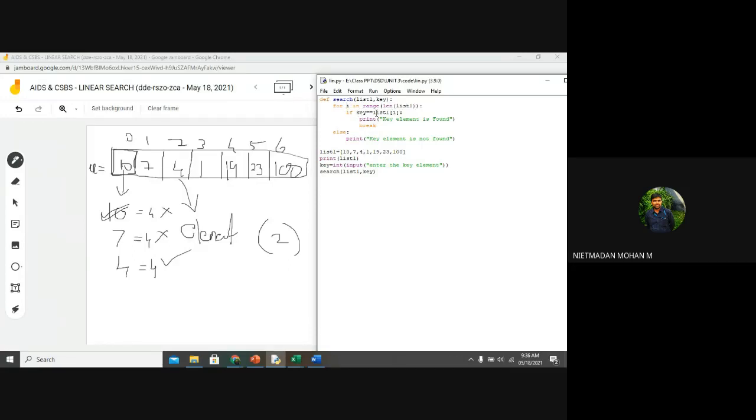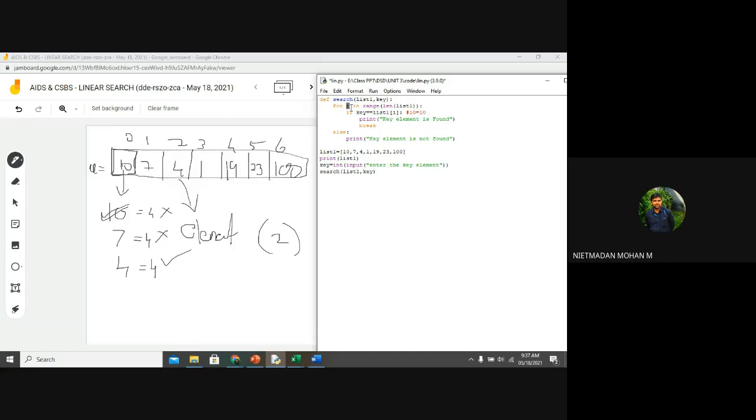If key is equal to list1 of 0, the key I have given is 10 and list1 of 0 is 10, right? 10 is equal to 10. Then tell me, what is the index value of this 10? 0. The 0 will be represented by this i, right?